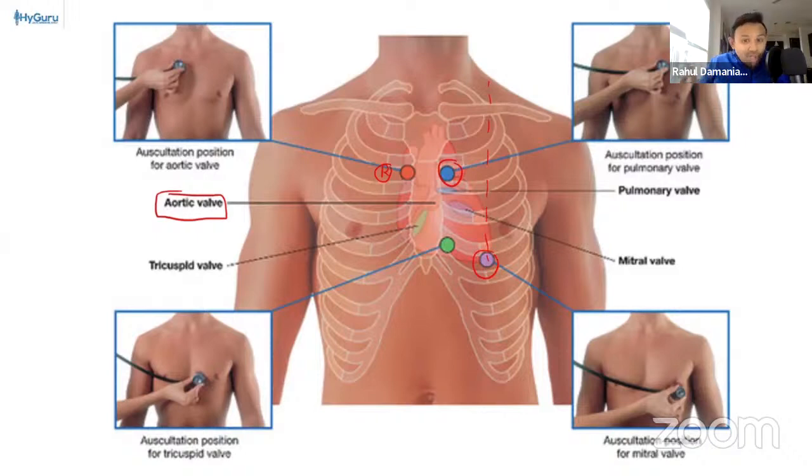Another USMLE question, which you're going to get, is a multimedia question in which you will have to click with your mouse the specific auscultation points and try to think of a murmur. You will hear the murmur at a specific auscultation point as you click on the multimedia image. And so once you click on, for example, the pulmonic valve and you hear a murmur, you will then go down the path of discerning whether or not it's a pulmonic stenosis or pulmonic regurgitation murmur.